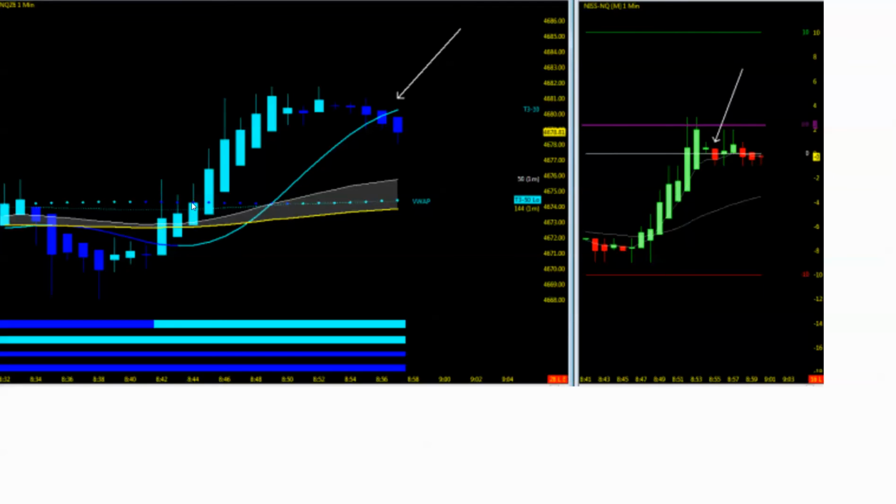You have a T3, the Tim Tilson T3 moving average, and you have a 10-period moving average. You could set that to whatever you want, 5, 10, 8. It depends, up to you. It doesn't matter. The key is that price action was in trend, and when it's in trend, we can see that on the candles. So you get yourself a core setup with 3 charts in the turquoise color or green, and you got yourself a setup to the upside.